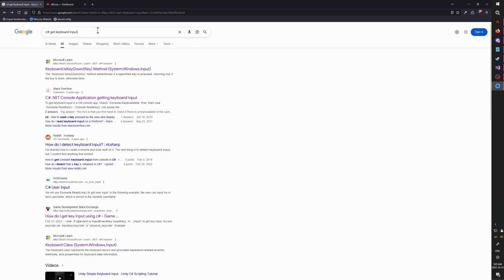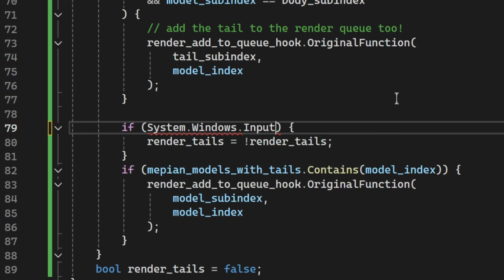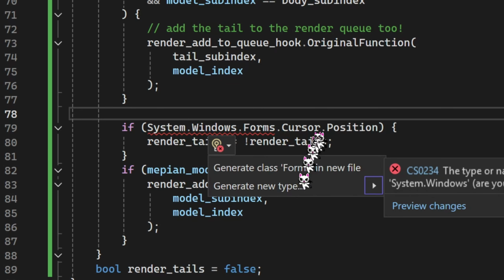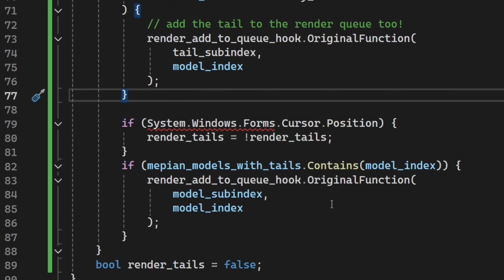What if I get the mouse position? System.Windows.Input. That doesn't exist. I'm frustrated. I can't figure that out. So, we're going to do a real lame strategy of we're literally just going to